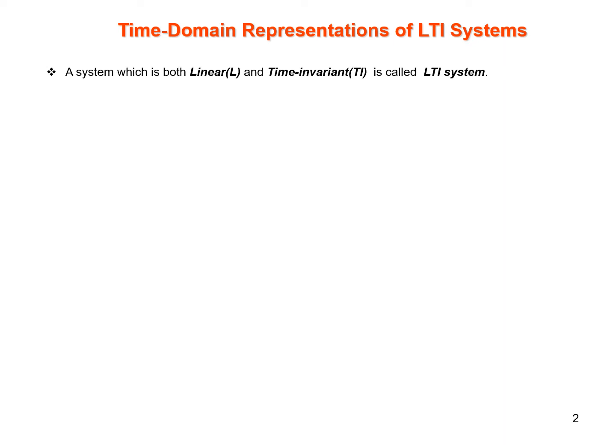Let us start once again. A system which is both linear and time invariant is called an LTI system. There are different methods of representing an LTI system in time domain. Our main focus of this presentation is to deal with one of the important representations, one of the many possible representations of LTI systems. Till now, we didn't represent a system in a proper way so that we can use it for future design purposes. But now we'll be dealing with one such representation for those LTI systems.